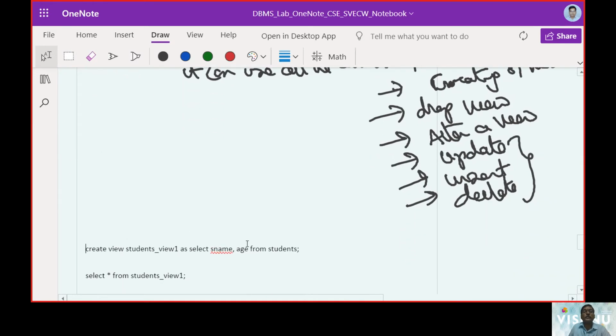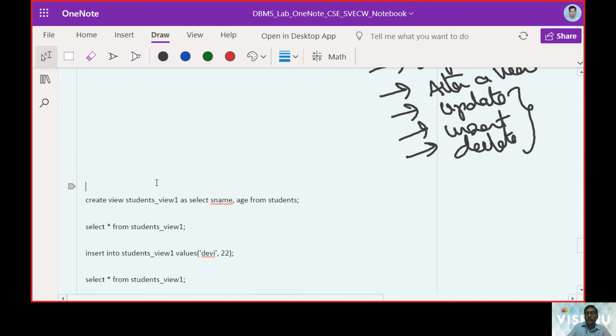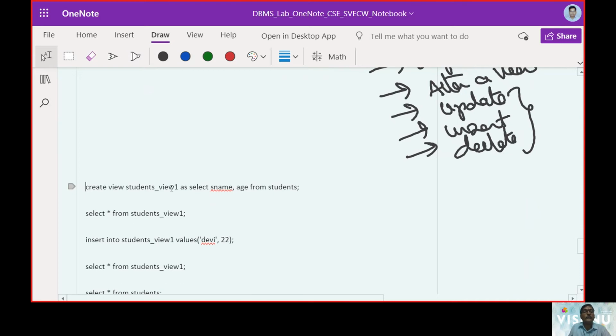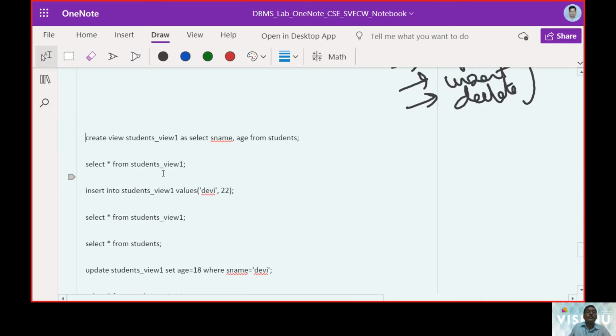So how are we going to work with views? We will use the DML command and fill it up with create, which is what we call data definition language. And here you can see the data manipulation language.